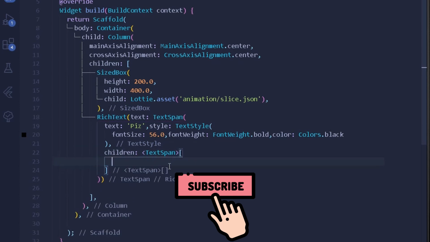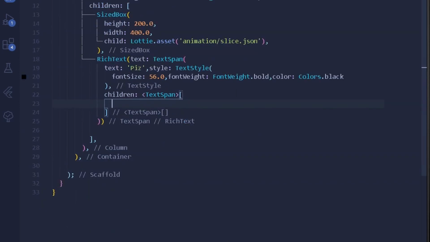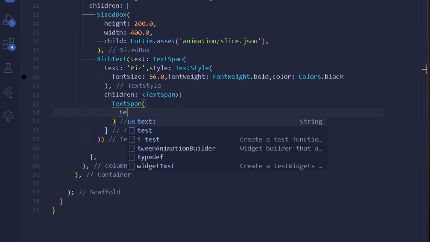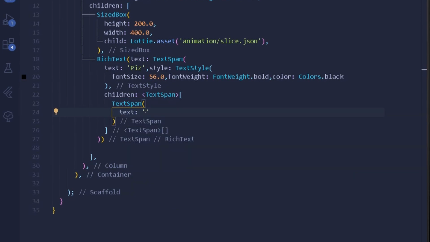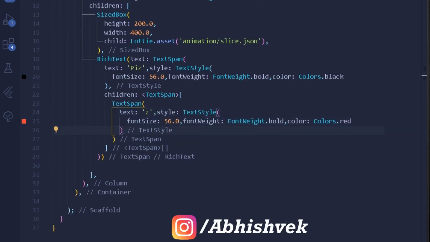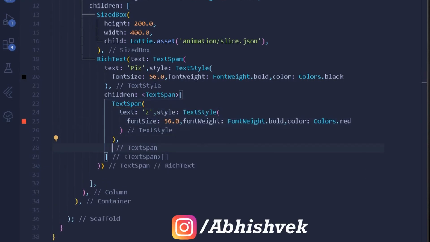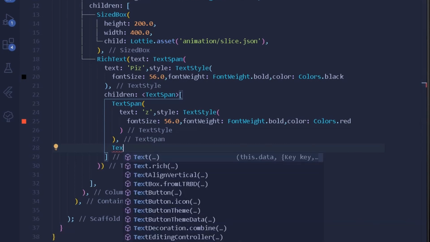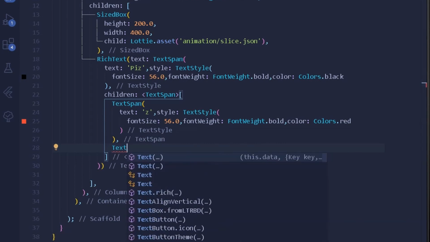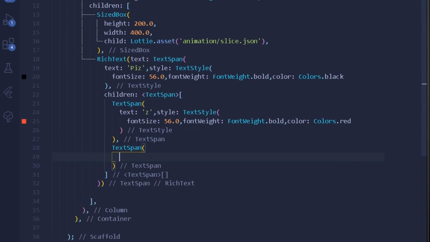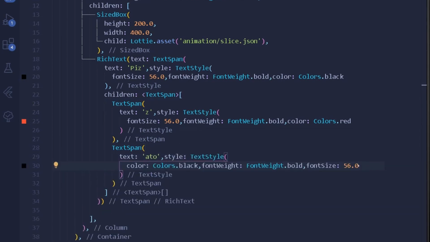Now let's have all of our children to our entire rich text. So here first of all I will have a text span itself, and the text span will have a text. So here under this text I will be simply writing Z. It will have somewhat of a styling. Alrighty, and after having this text span we will have one more text span for the remaining text. So here I will be simply writing text span itself, and under this first of all I will have my text. Let's have some styling to our entire text. Alright, press Ctrl and S.